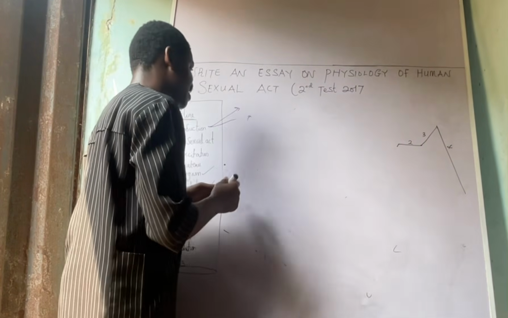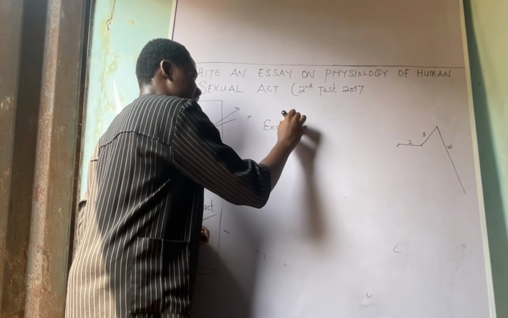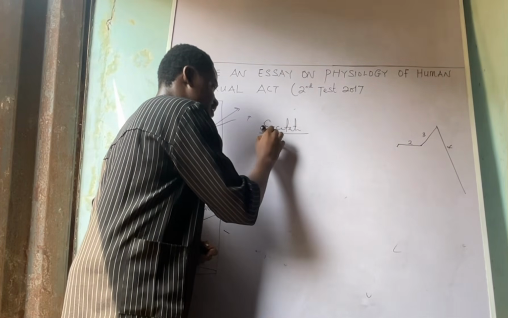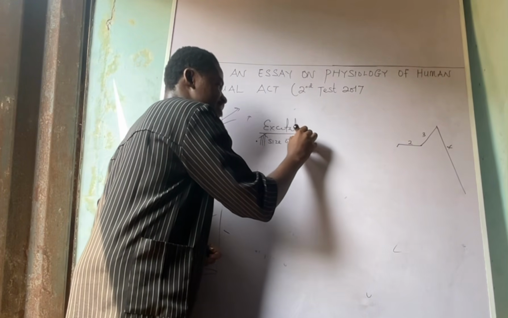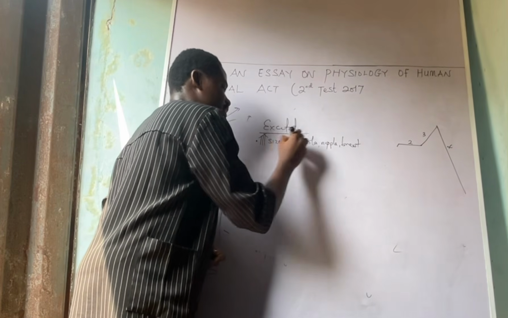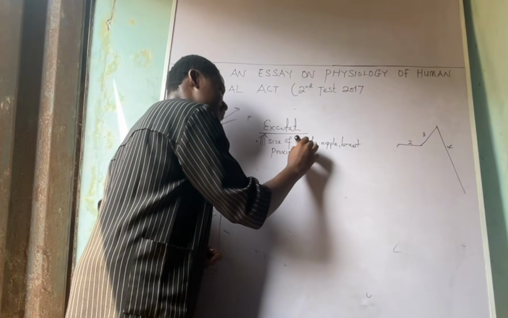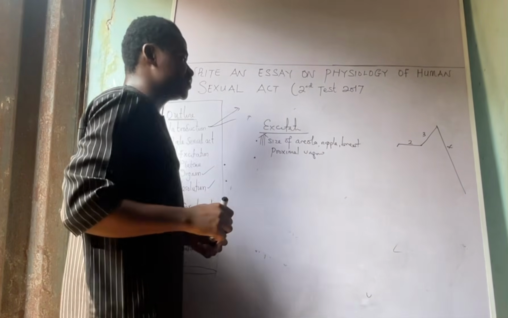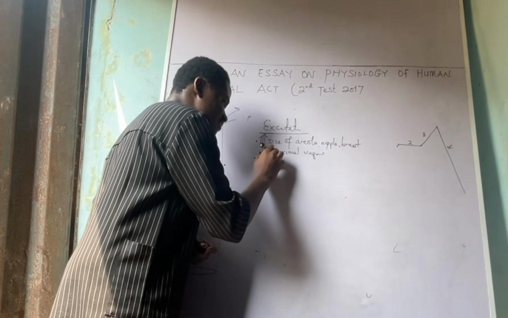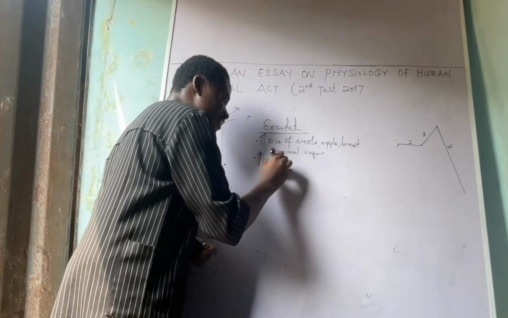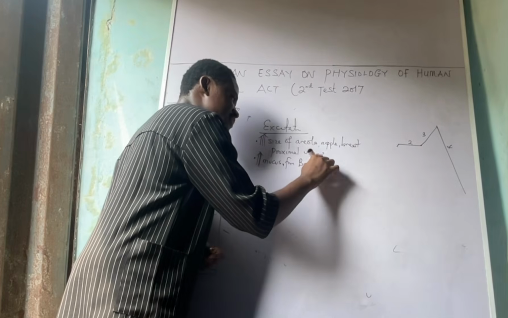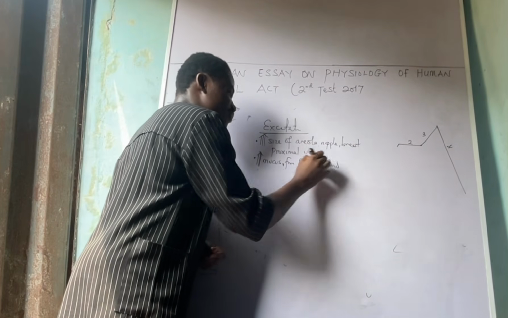Now, in the excitatory phase, again, in the females, we are going to add that there is going to be the increase in the size of some organs, like the areola around the breast, the nipples, the breast itself, the proximal vagina, etc. Number 2 in the excitation phase is that there is going to be the release of mucous substances, mucus from the Bartholin's gland, to be able to lubricate